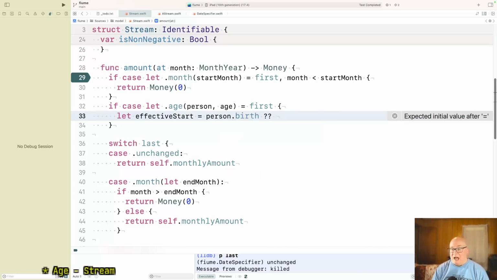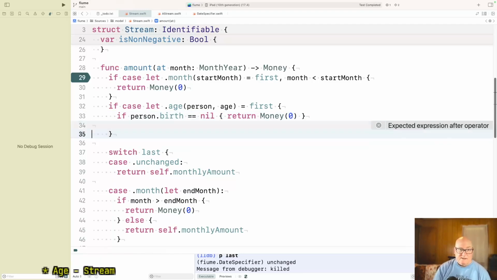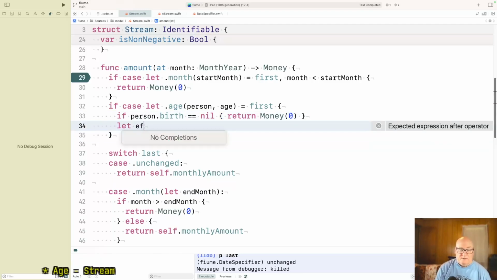Otherwise, I don't know. Well, if person.birth is nil, return money 0. Gets us past that. Okay, now, well,